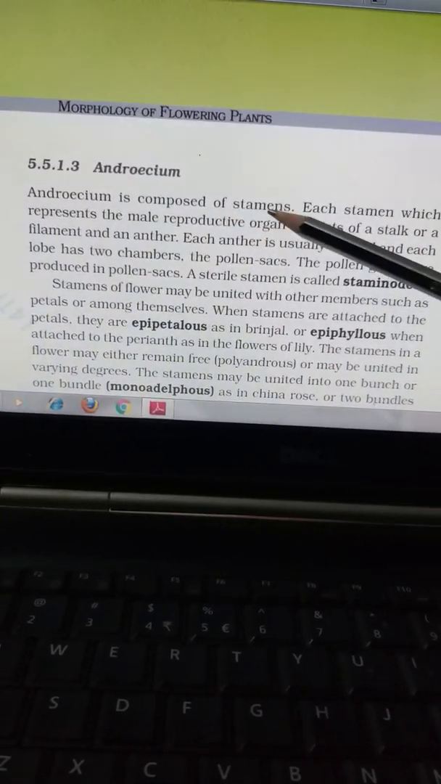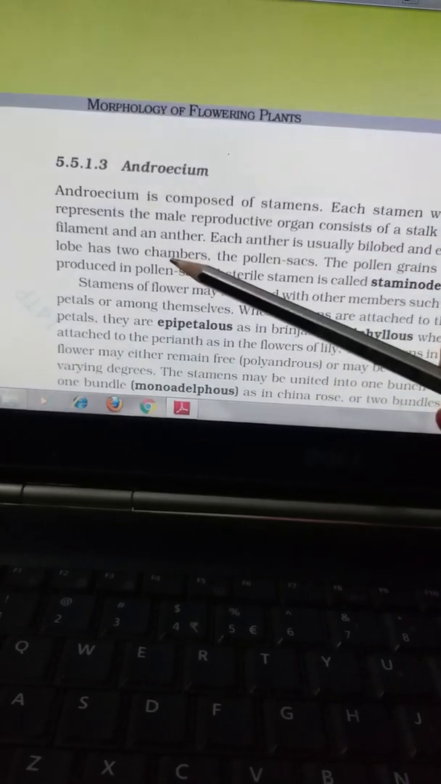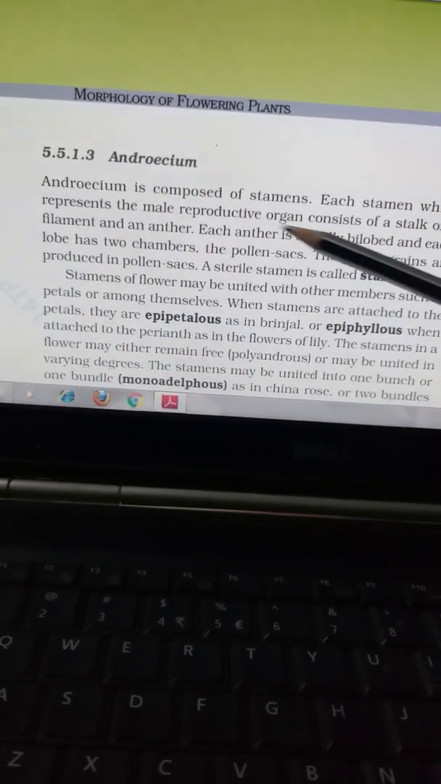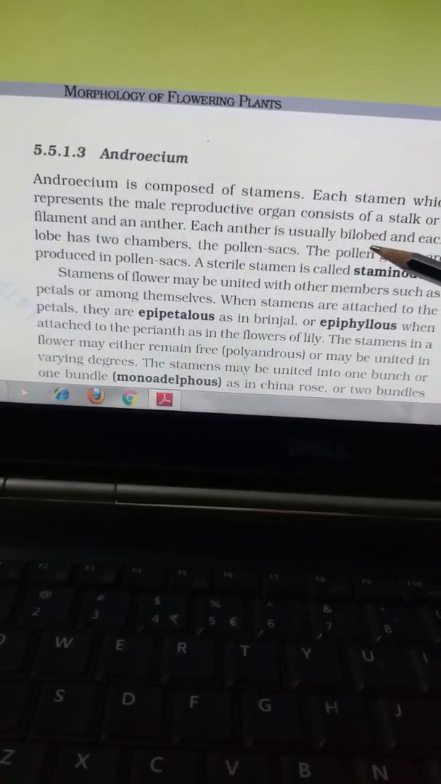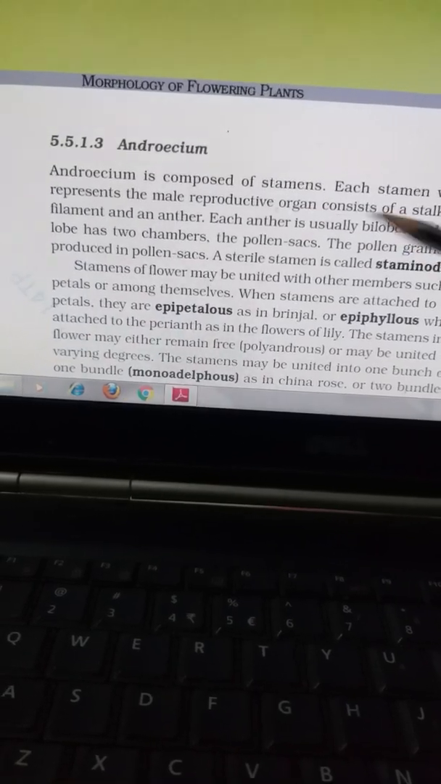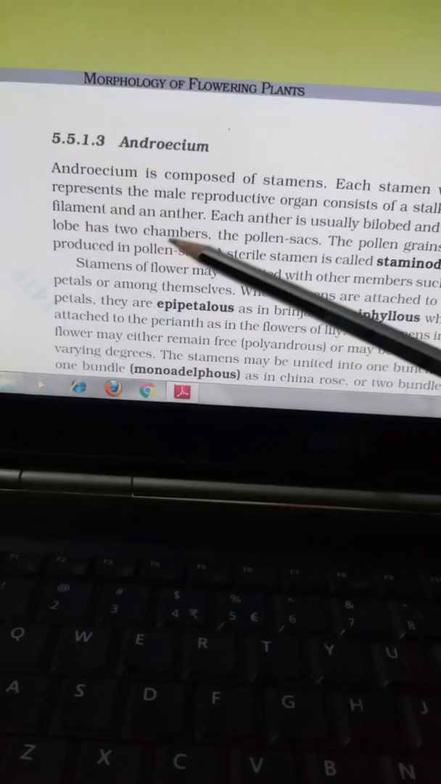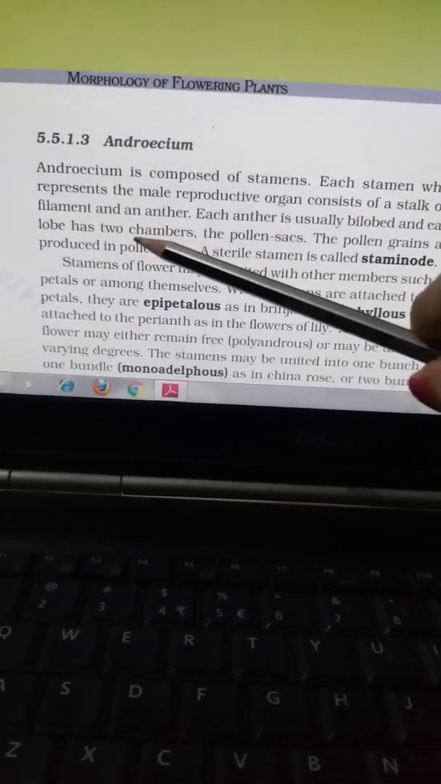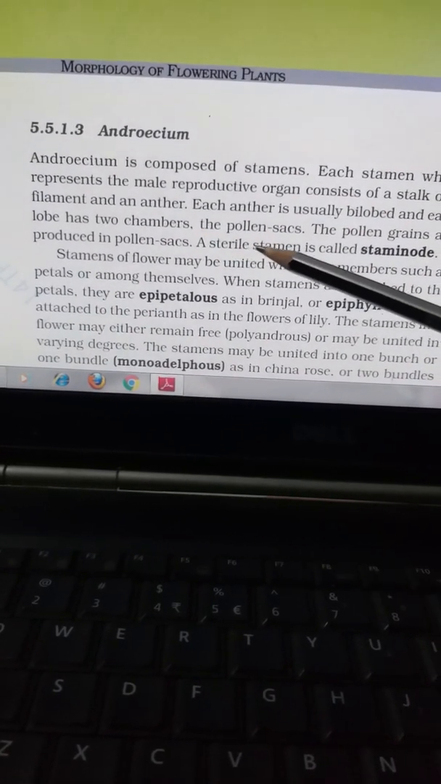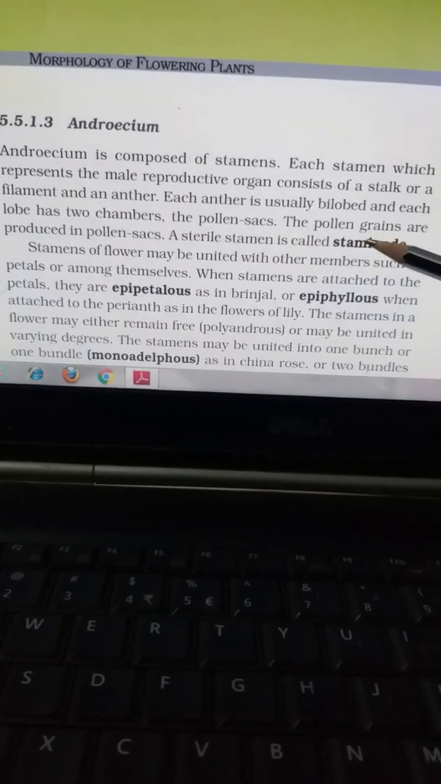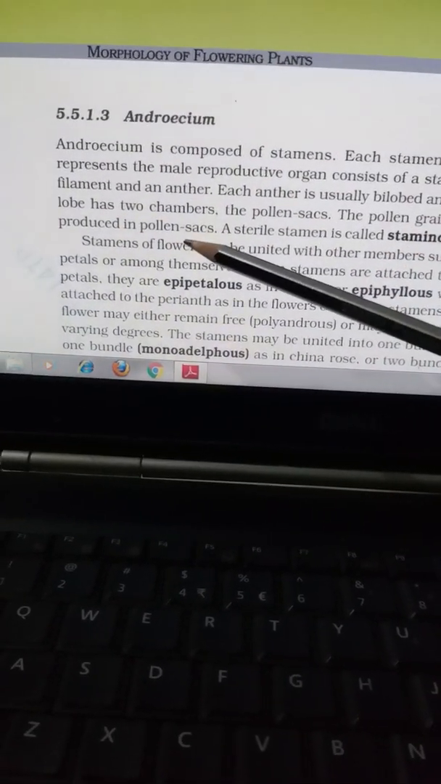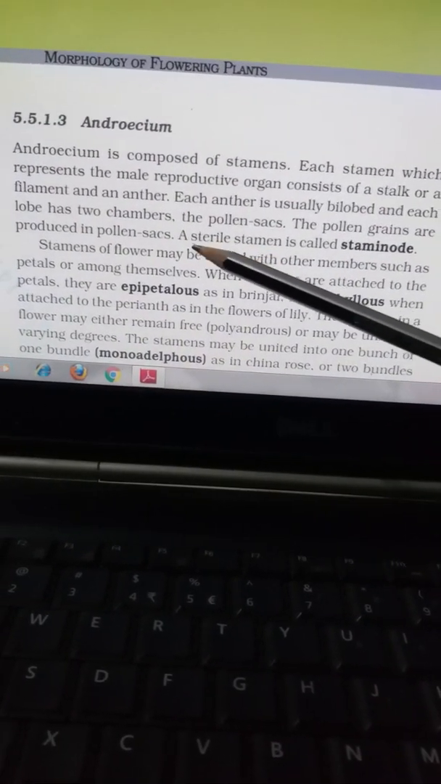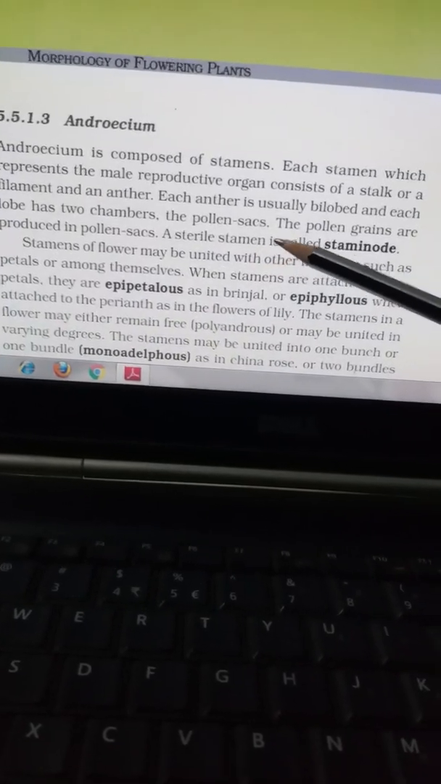So basically, what does the stamen consist of? The filament and the anther. Now the anther, if you look at it, is a bilobed structure. It is a lobe-like structure, and each lobe has two chambers. That is why we call it bilobed. That chamber is filled with pollen grains, so we call it a pollen sac. So pollen grains are produced in the pollen sac, and a sterile stamen, that is, a stamen that does not produce pollen, is